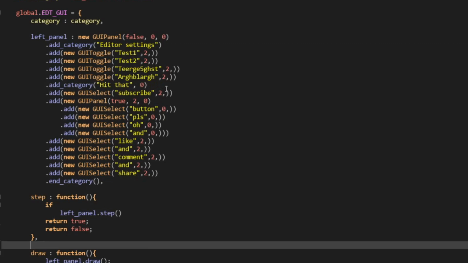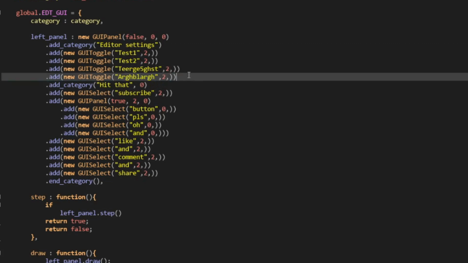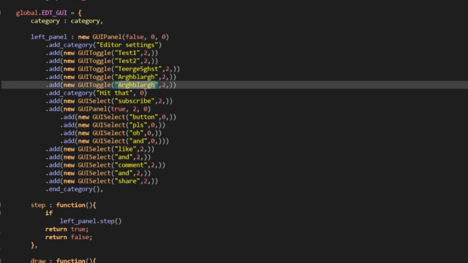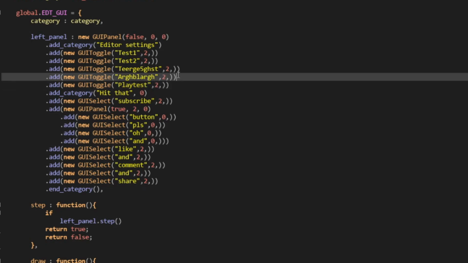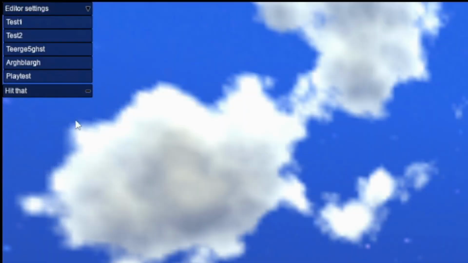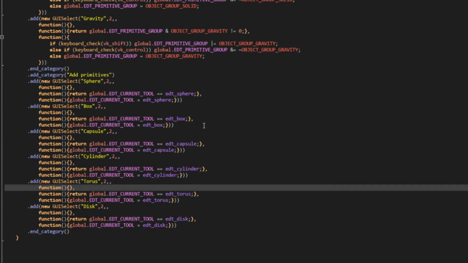Let me just quickly add a playtest button. It should be as easy as just copying this and renaming it playtest. And boom, we have a playtest button. But, alas, there is still quite a lot of work ahead of us before it's going to do anything when I click it. But now I can easily add more buttons for doing things like